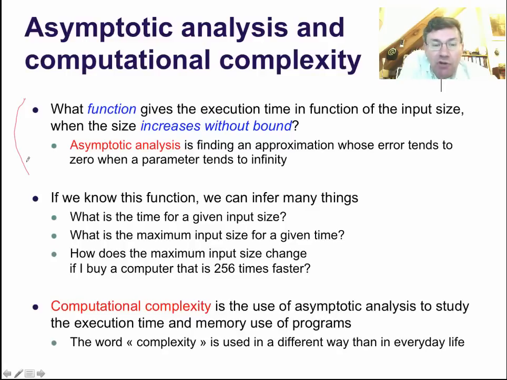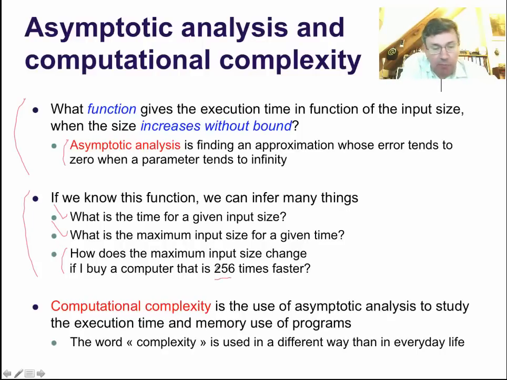I want to know the function that gives the execution time as function of input size when the size increases without bounds. So this is a form of asymptotic analysis, which means to find an approximation whose error tends to 0 when a parameter increases without bounds toward infinity. If we know this function, we can infer many things. We can know what is the time for a given input. We can know what is the maximum input for a given time. We can even know smarter things like how much bigger things can I do if my computer is 256 times